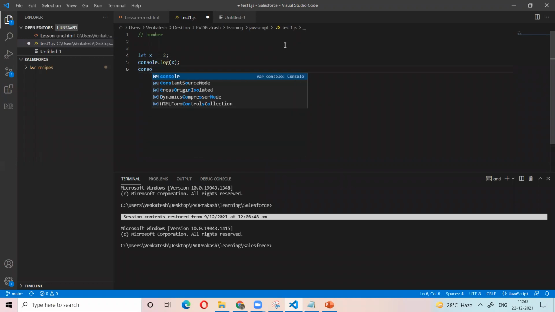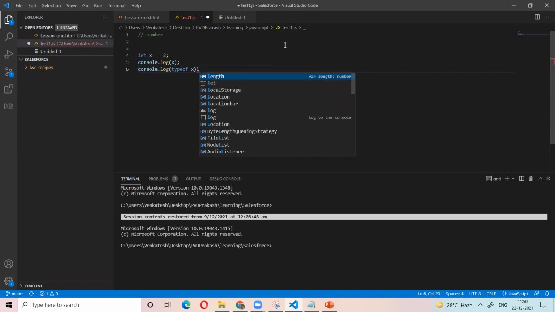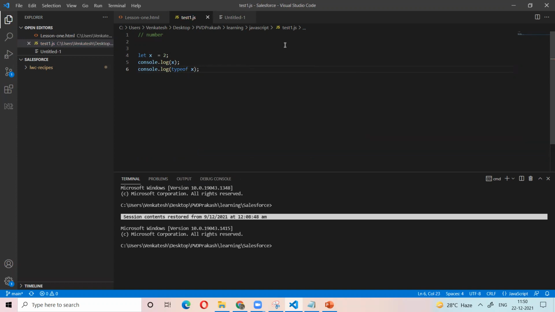To know the data type of the variable, we use typeof, typeof x. If you want to know what data type is stored in that variable, we use typeof. So what is the output for the fifth line? 2.